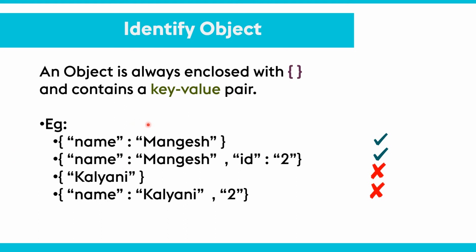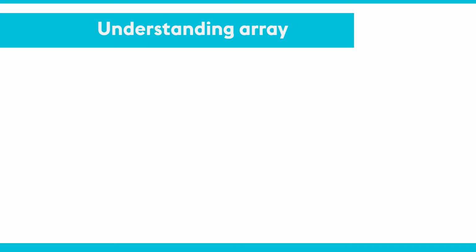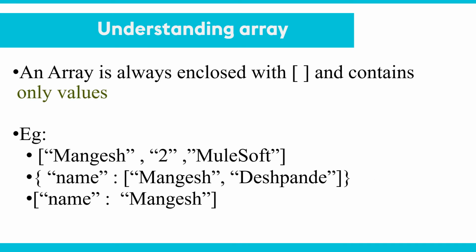I have shown this with very small examples, but even for lengthy looking examples, you should be able to guess it correctly if you just see the enclosed braces and key value pairs. Now let's understand array. An array is always enclosed with square brackets, unlike an object, and it contains only values. So here are again multiple examples that I have given, and we have to find out if it is a